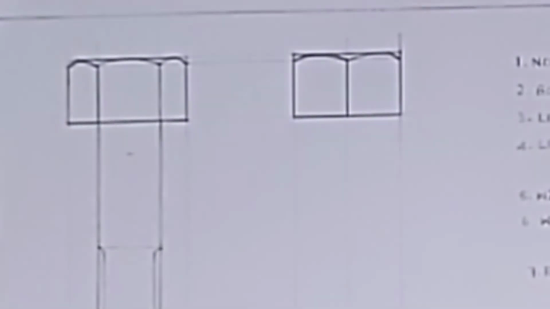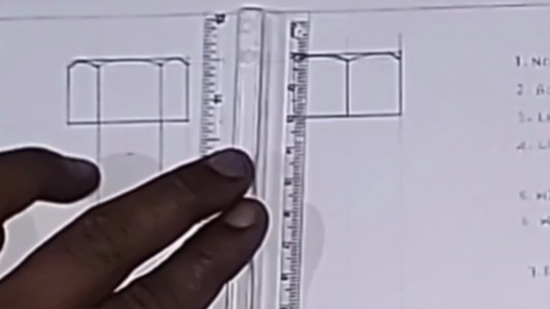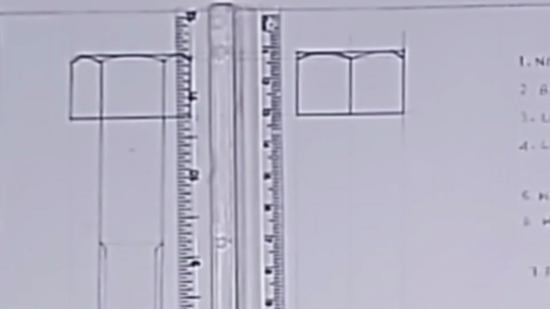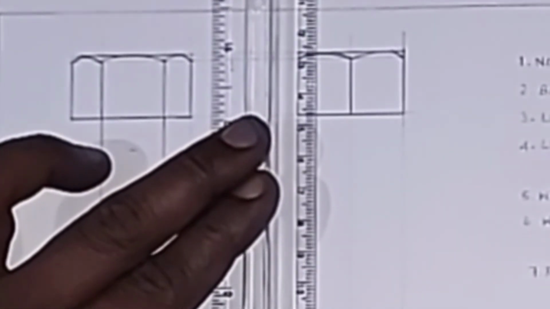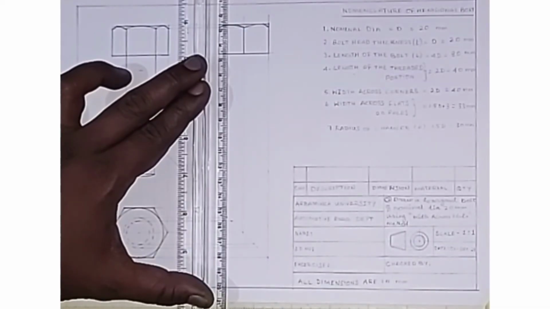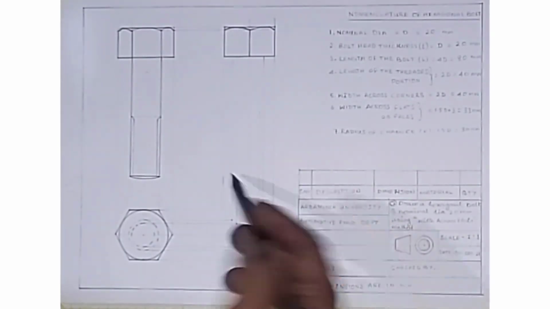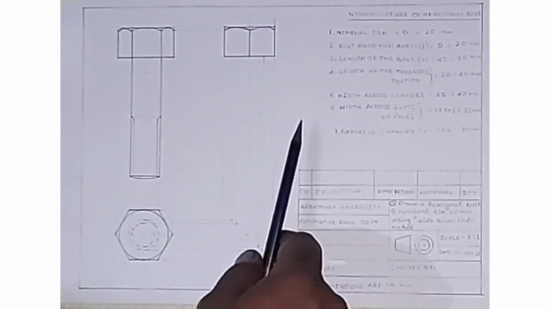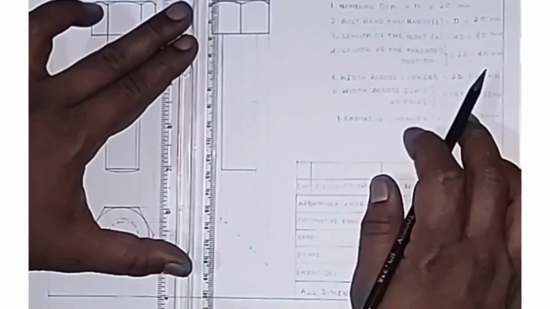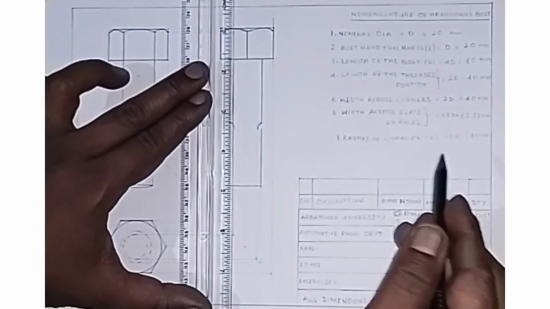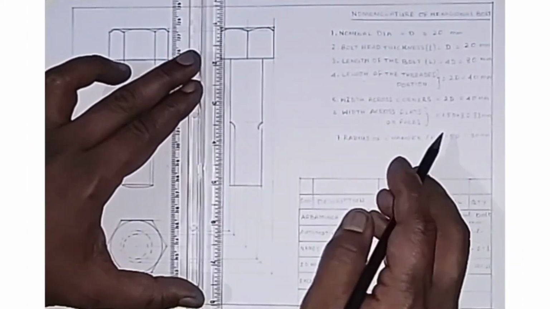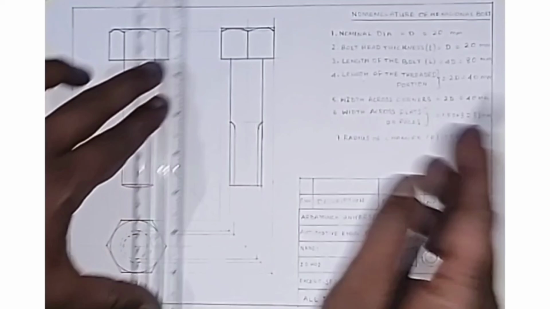Then draw the nominal dia of the bolt. Just project it from the top view. Now all the views are completed.